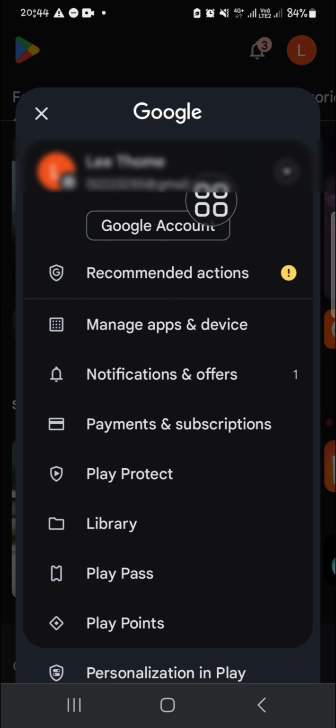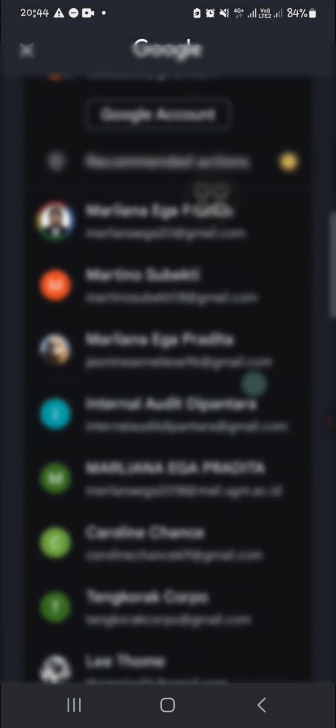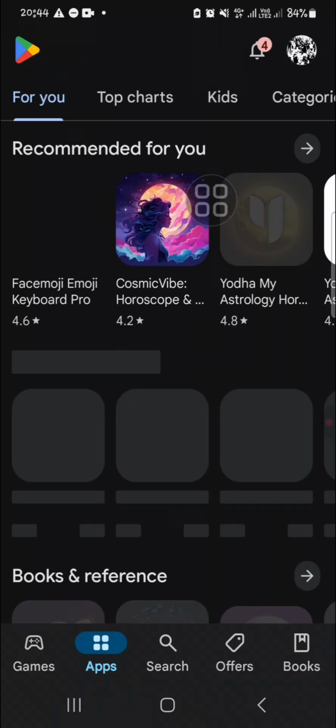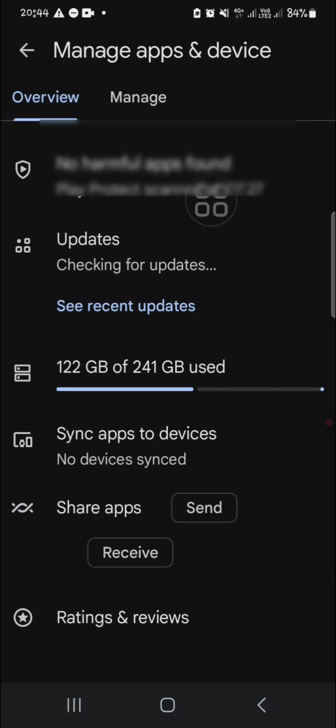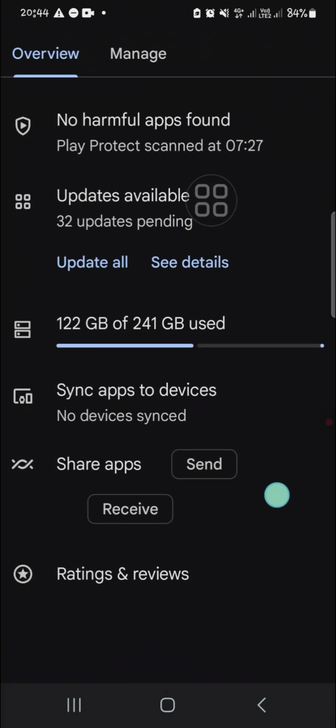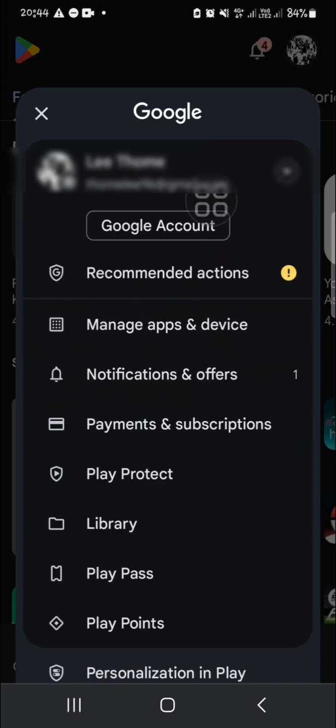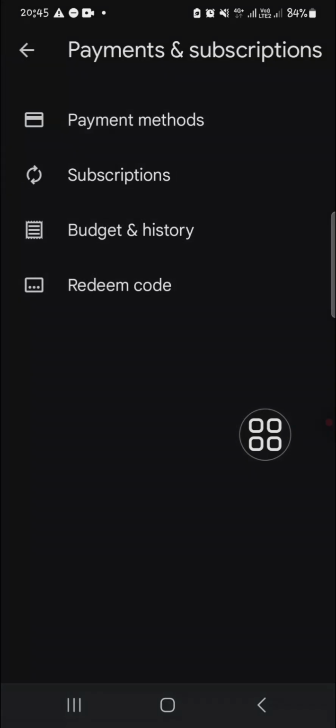Okay, and then we need to go to the manage app and device. Wait, I'm going to choose this one. Okay, we can go to the manage apps and device and, sorry guys, here we need to go to the payments and subscription and go to the subscriptions, and here